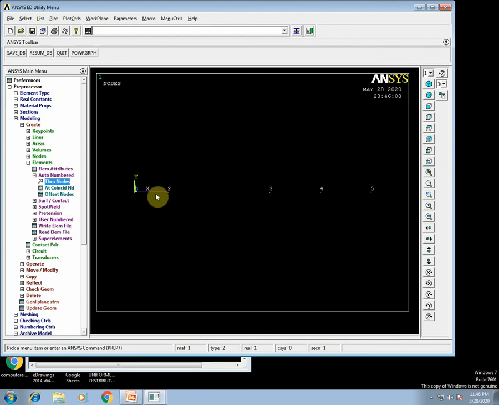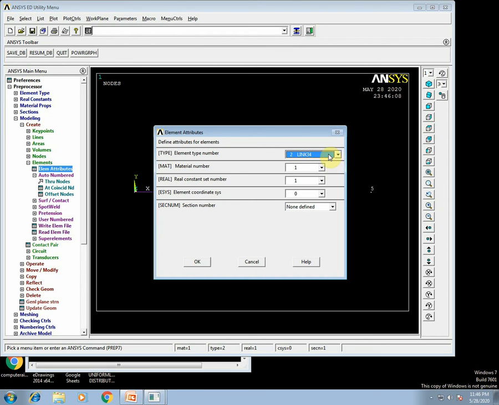It's a different element because it's convection heat transfer. Going for link 32, all remaining elements are conduction heat transfer. I am putting link 32 here. Element type number, material number, I am taking 2.